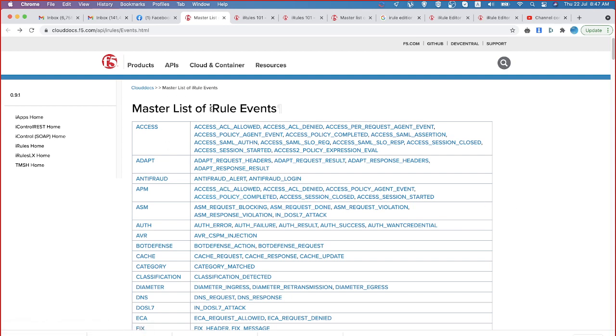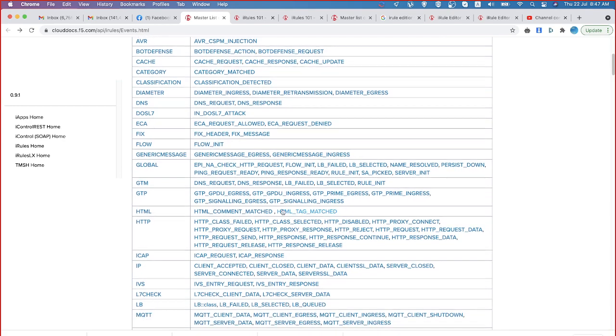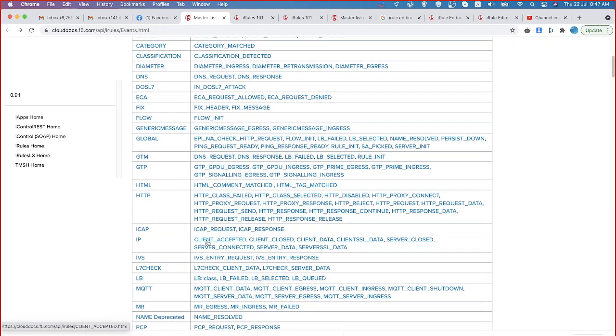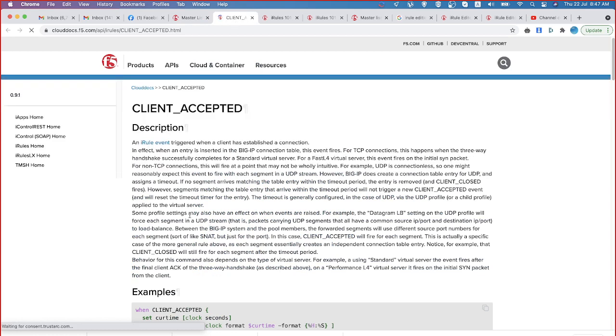Can you see the iRule events, how many events are there? Each and every event is going to be focusing on something. Let's see this client accepted. What is that client accepted? You can read and understand what this is. For a TCP connection, this happens when the three-way handshake successfully completes for a standard virtual server. Do you understand? So this status says the three-way handshake process is completed against the virtual server, the normal